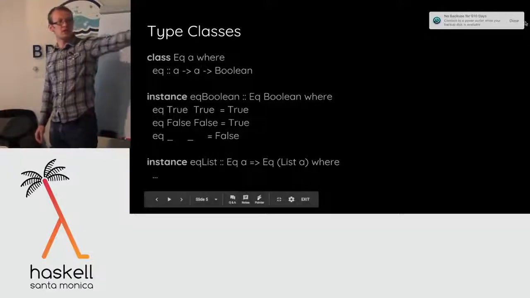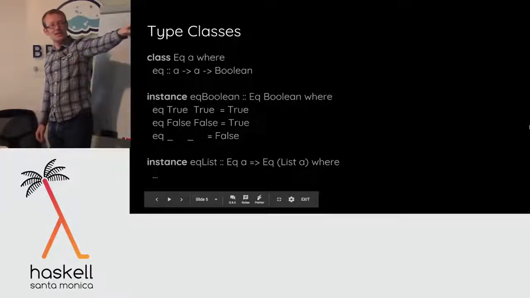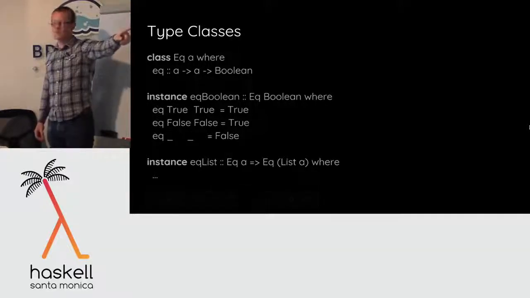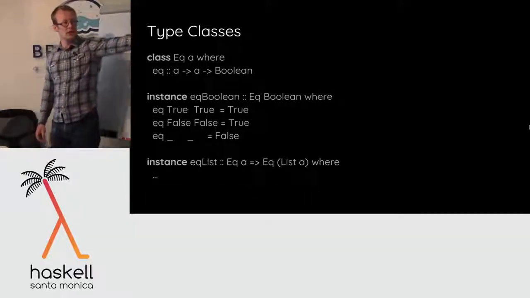So this instance called Eq Boolean inhabits the Eq type class for the boolean type, just true and false. Okay. And it's implemented using pattern matching. True is equal to true, false is